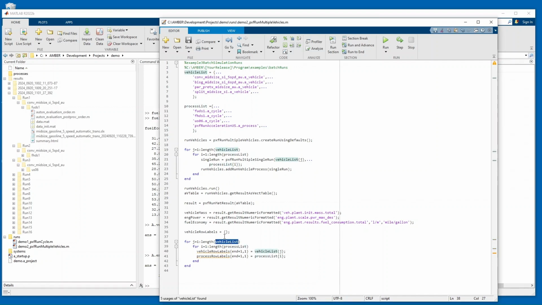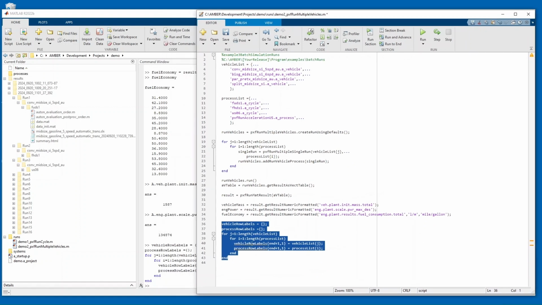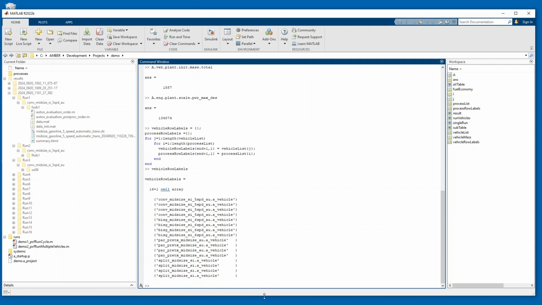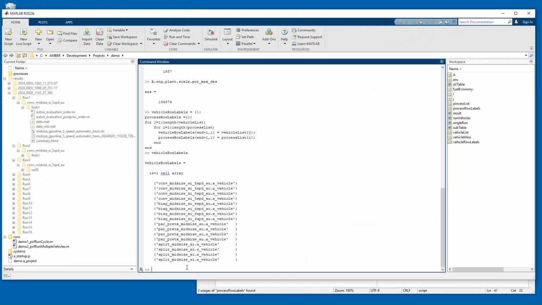So I loop through each one. What I'm doing is creating some labels for the rows and the columns. So then, make sure I run this. Does that give me a column vector? Yeah, okay. I get a column vector of vehicles and